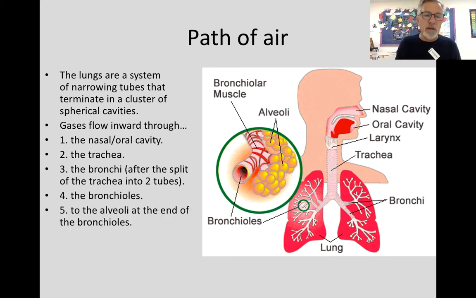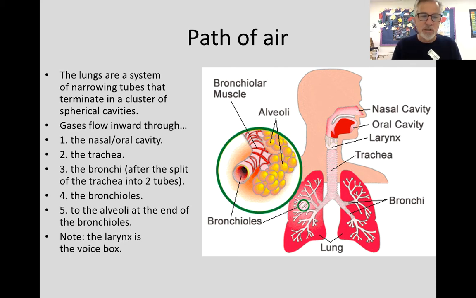And at the terminus of the bronchiole are the alveoli, which are spherical areas, and I'll show you a picture of them in a second. One thing in this diagram you should note is the larynx, which occurs right here. That is the voice box. And since we produce sound by passing air through the larynx, it makes sense that the larynx would be associated